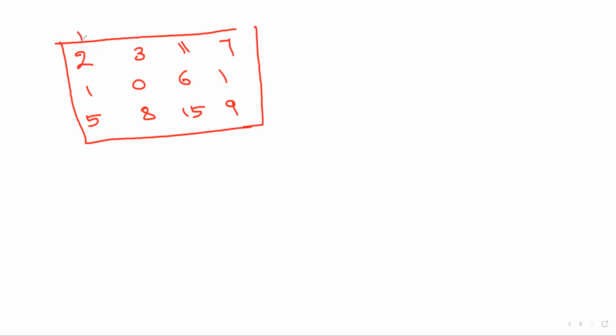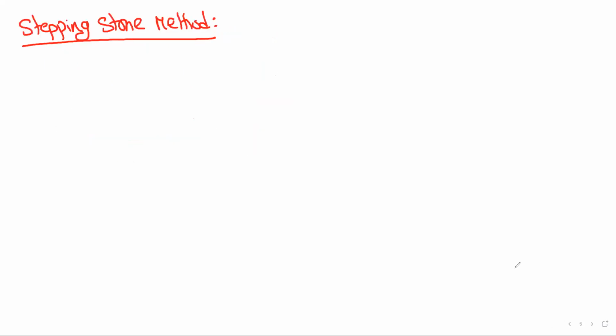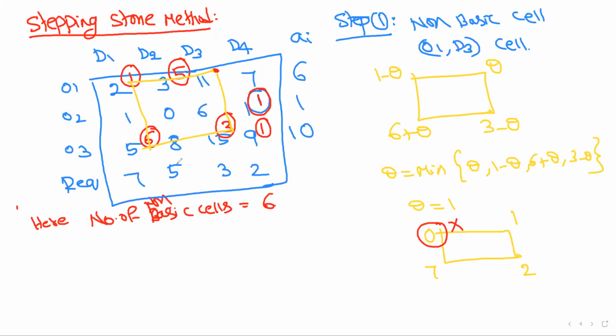So here you got D1, D2, D3, D4, O1, O2, O3. The values are 6, 1, 10, 7, 5, 3. Here see once. For 2, we remove the cell, we remove it. So don't cancel it, don't write here. For 3, how much is there? 5. Write that one.